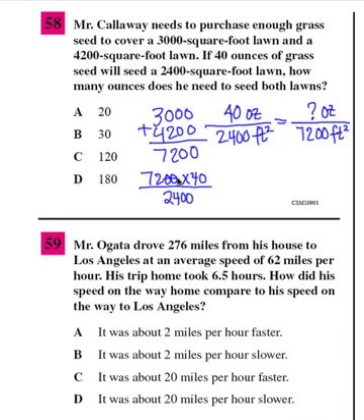Let's cancel these two zeros and these two zeros. 24 goes into 72 3 times, so that cancels this and this. We end up with 3 times 40. 3 times 40 is 120 ounces. The answer is